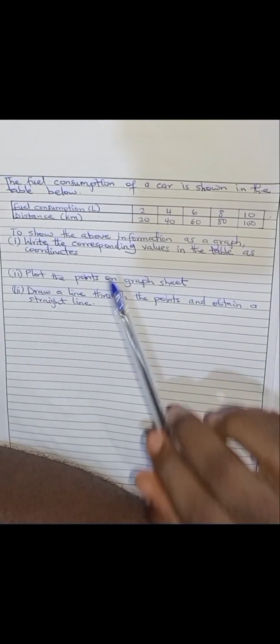We are to show this information as a graph, okay? And it is very simple, very simple. So to show the information as a graph, write the corresponding values in the table as coordinates. These values in the table, write them down as coordinates. Remember how to write out coordinates? Yes. That is why I made us do some exercises when we began, okay? So,